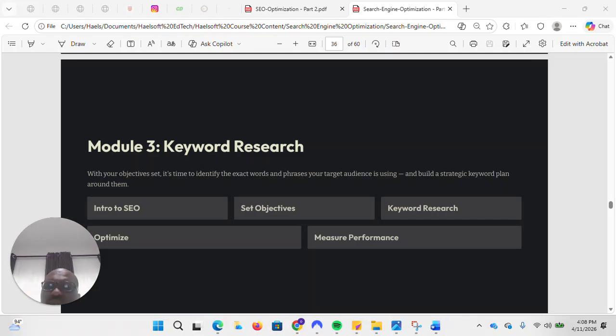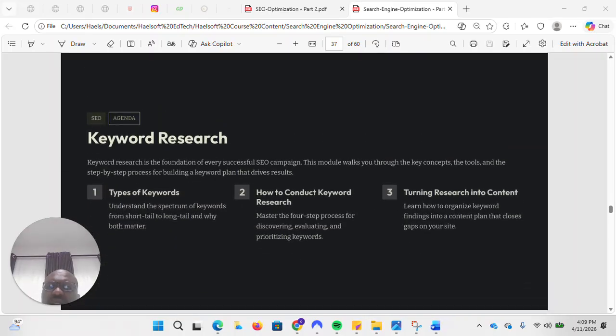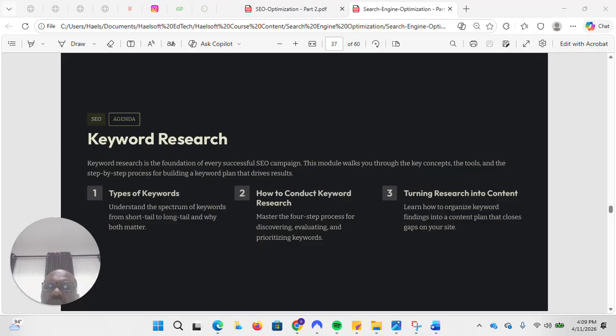So we are in module 3, and in this module, we'll be talking about keyword research. Keyword research is the foundation of every successful SEO campaign. This module walks you through the key concepts, the tools, and the step-by-step process for building a keyword plan that drives results for your business, which is going to help you achieve your business